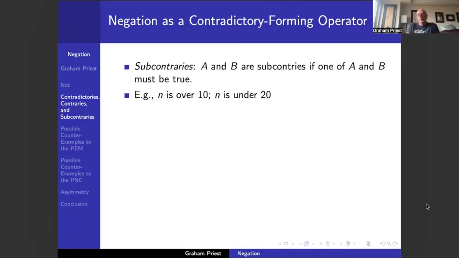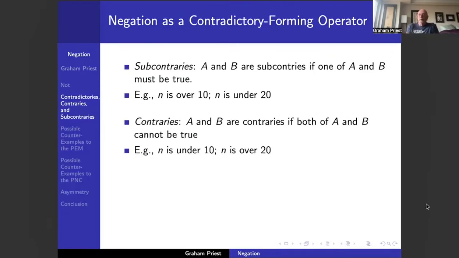Now, the dual of subcontraries are contraries. So A and B are contraries if A and B cannot both be true. So again, consider the sentences n is under 10 and n is over 20. They can't both be true. They might be both false, but they can't both be true. All right, so